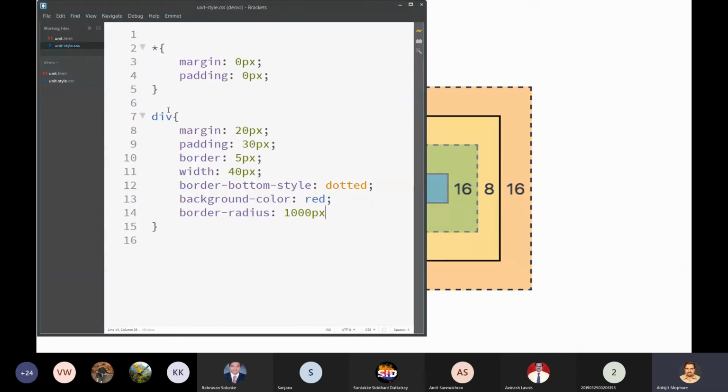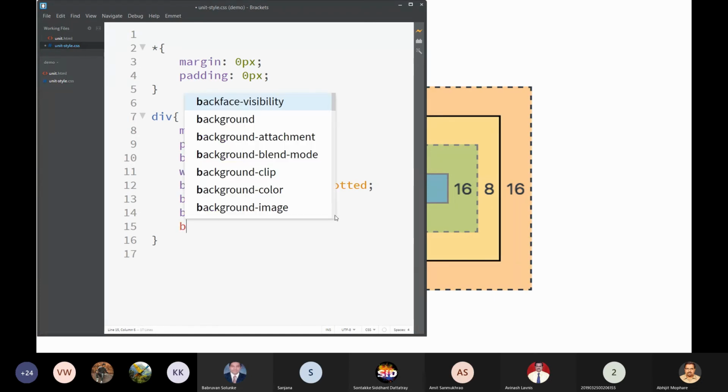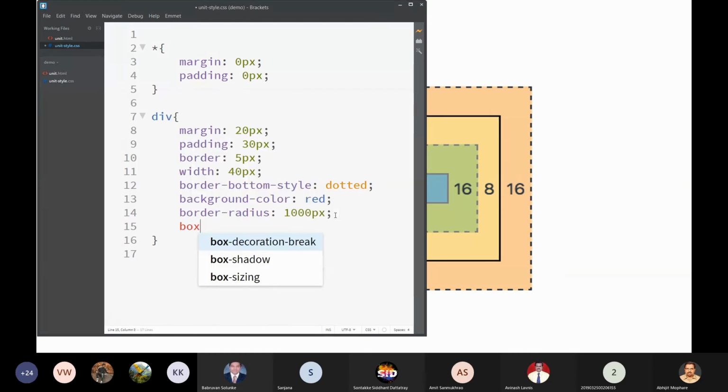For example, I will show you what the box sizing property is. You can have either border box or content box. By default it is content box.